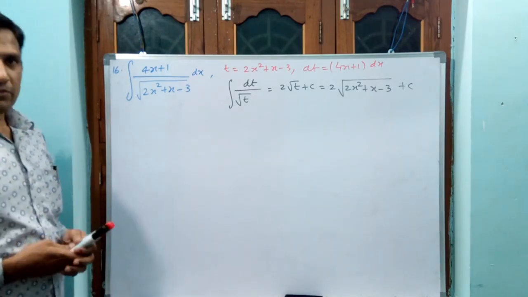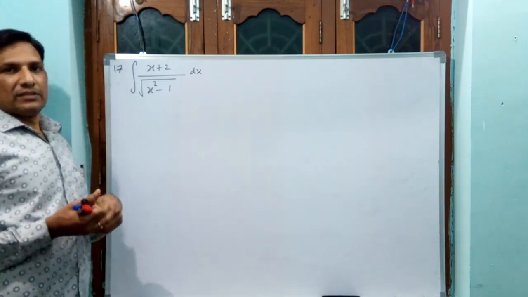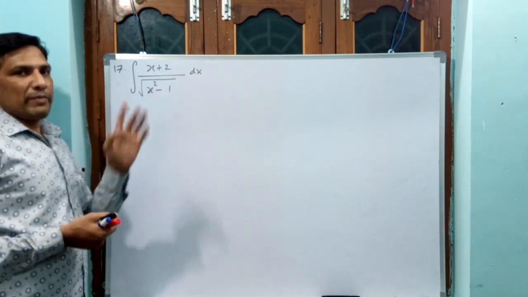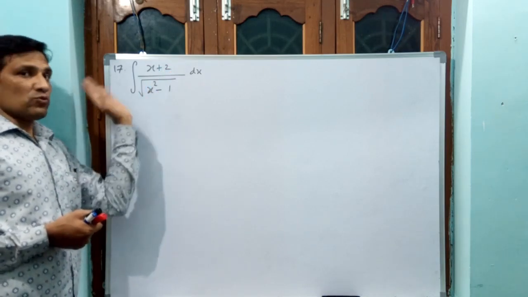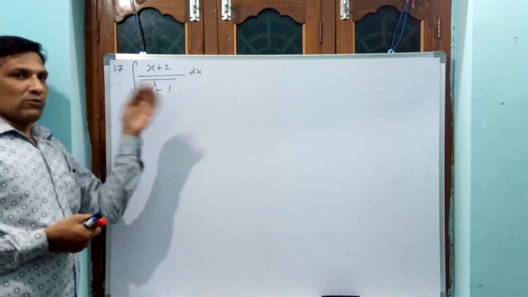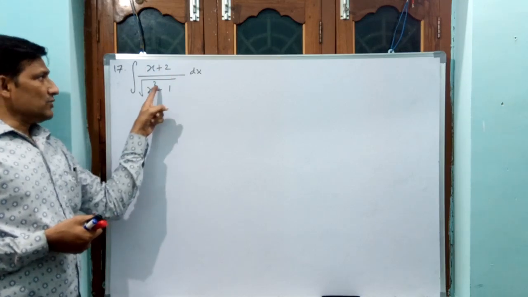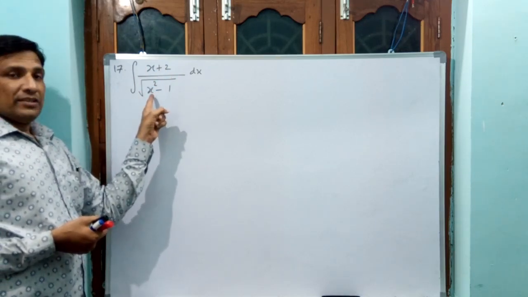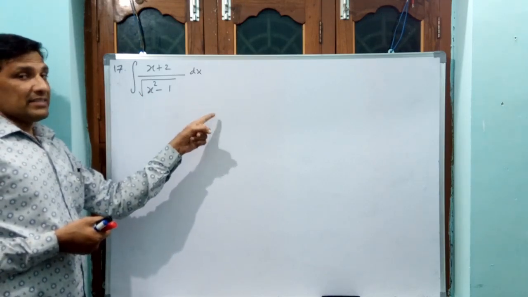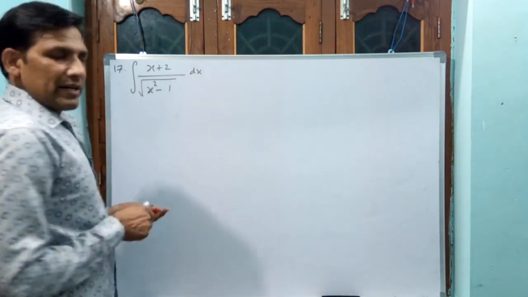Take this, we will go for the 17th question. Okay, see question number 17. Here also logically you think, directly you split this: x by x squared minus 1 plus 2 by x squared minus 1. Why? Because plus 2 by x squared minus 1 means you can take 2 common and it is a direct formula. In the first case I1 and I2 we are going to split, I1 plus I2. In the first case x dx will be there, 2x will come on differentiating. If you take this as t, 2x dx, or x dx will be 1 by 2 dt. Like that we can do.